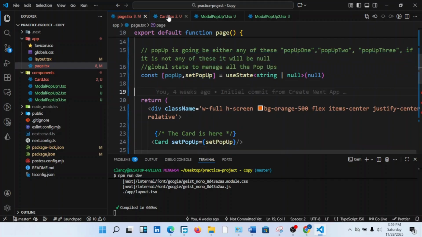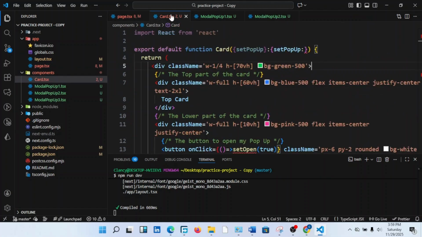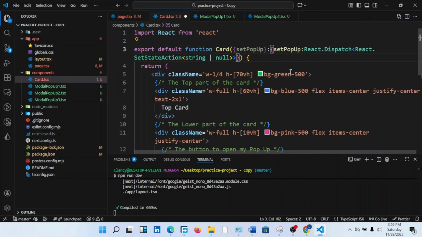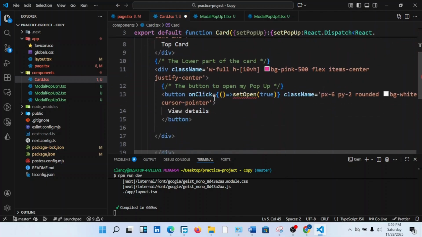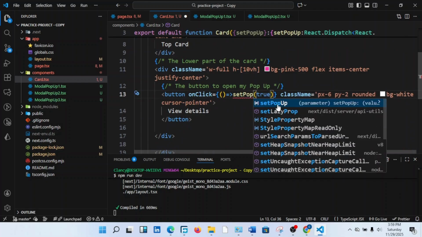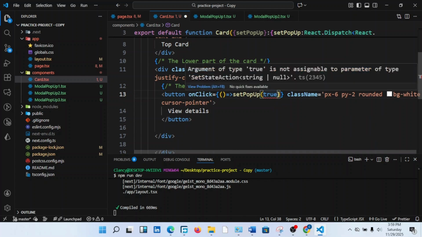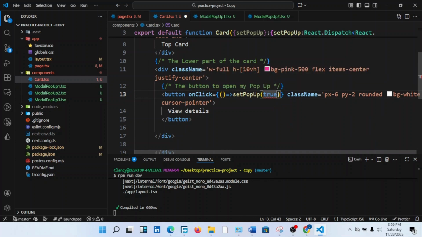I now bring it here, on my card. Okay, I bring it there. So now when I come here, instead of set open, I say there set pop-up. Instead of set pop-up true,